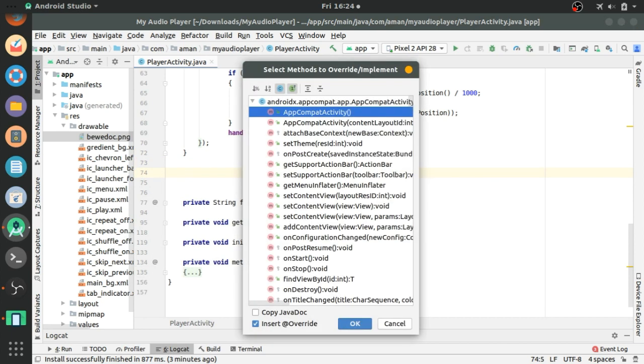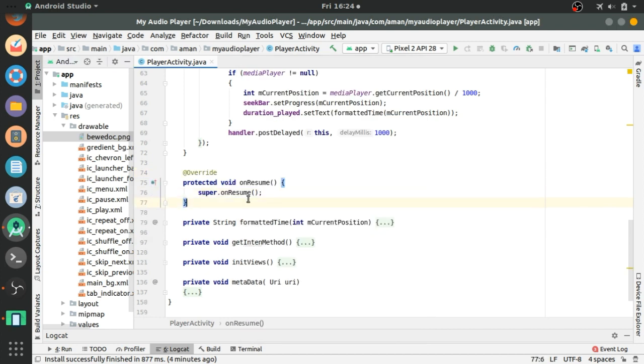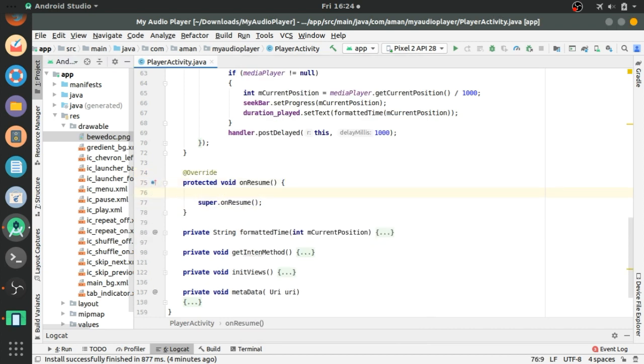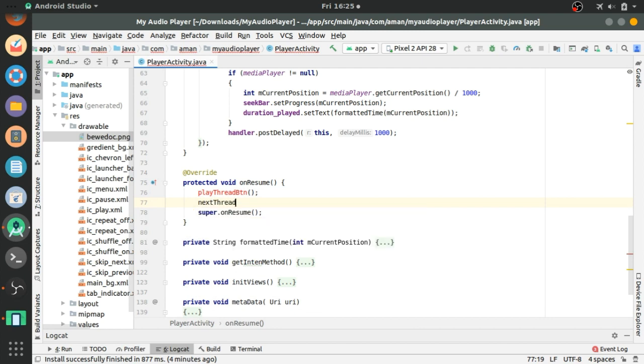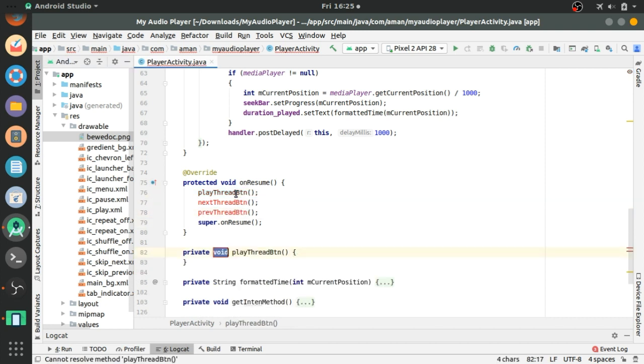Press Ctrl O and search for onResume method, enter. Now creating 3 methods, one for the play thread button, another for the next thread button, and the last one for the previous thread button. Now we have to add these methods in our player activity. Press Alt Enter.